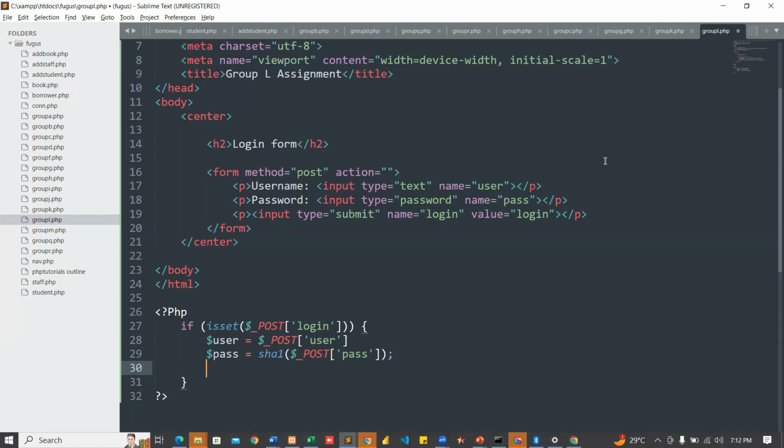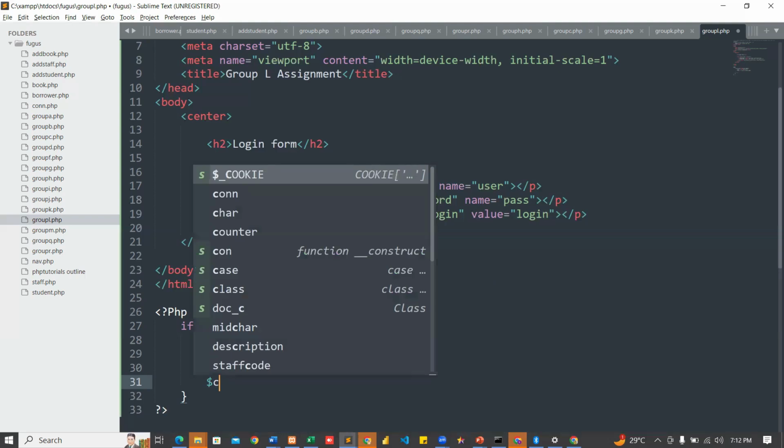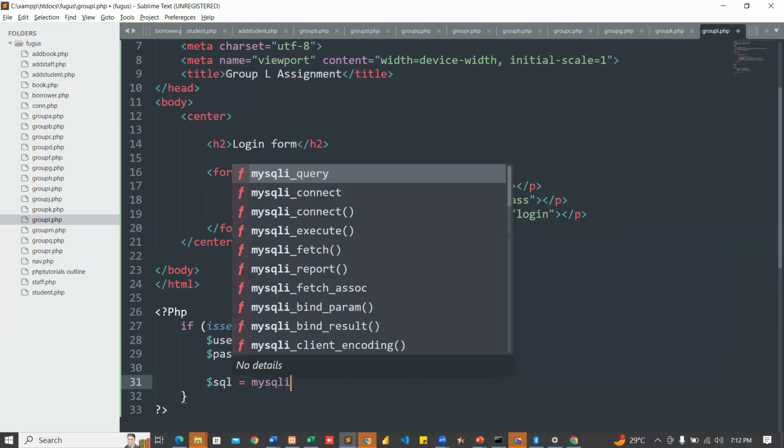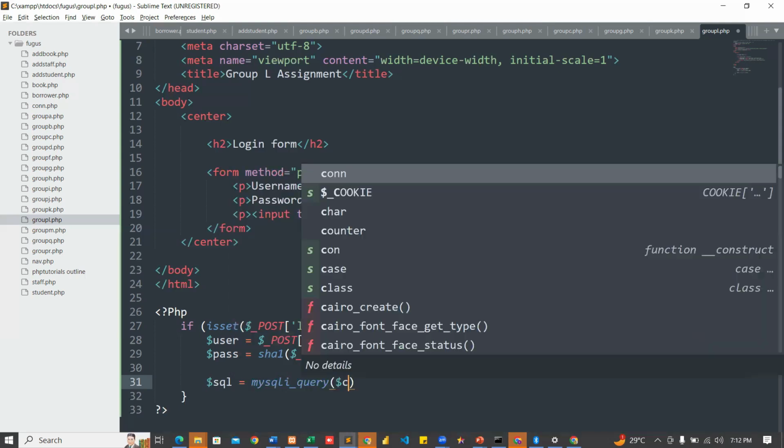So yanzu kun ga muna da username ɗinmu, muna da password ɗinmu. So yanzu kawai I'll go ahead and start writing my SQL queries. So zan ce SQL is equals to my SQLi query